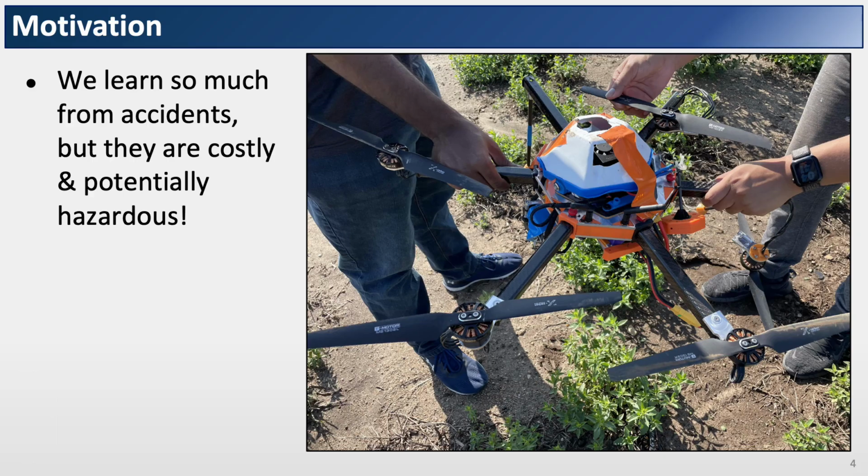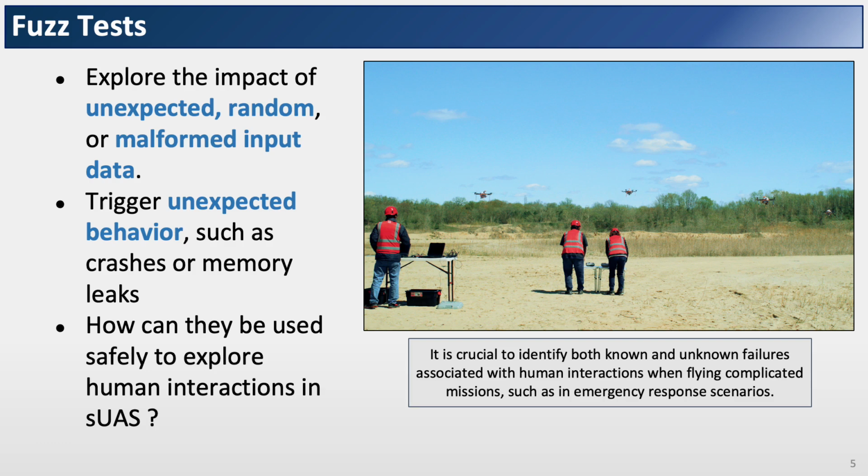Within our own team at Notre Dame, we've encountered numerous crashes and unforeseen incidents. A significant number of these incidents can be attributed to human mistakes or a mismatch between the software's capabilities and the team's understanding of the system at the field. Balancing mission objectives and the unforeseen challenges that arise in field deployments is consistently challenging. To this end, our work explores the impact of fuzzing in the context of drones.